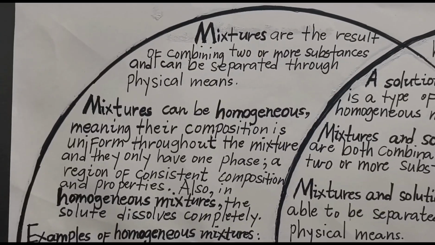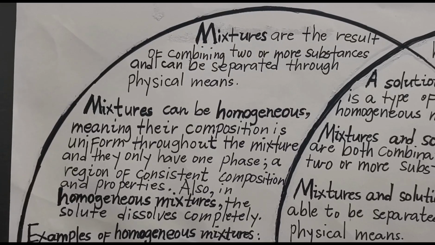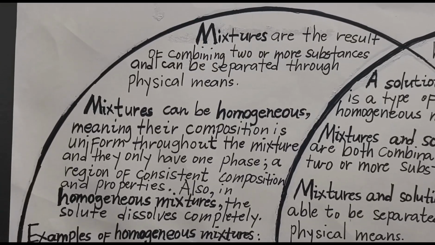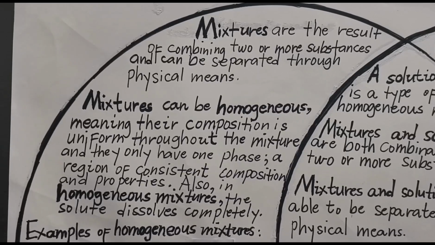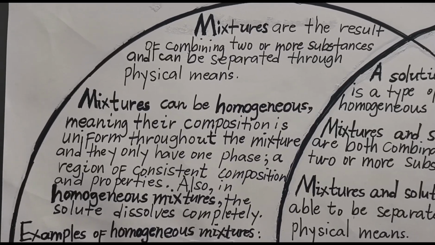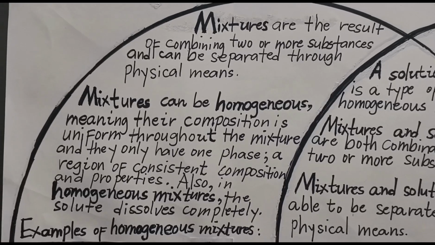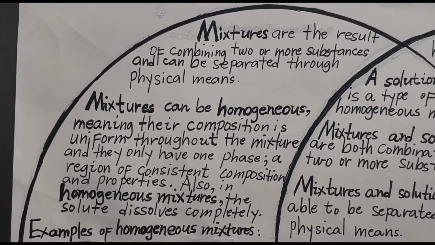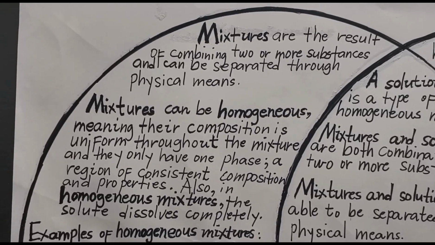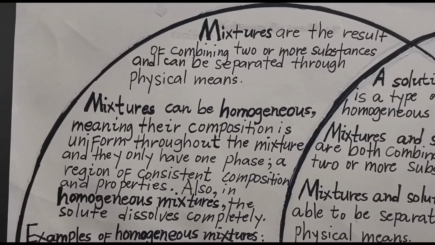So before we begin, let me ask you this question. What is a mixture? A mixture, as defined in my Venn diagram, is the result of combining two or more substances. A mixture can be separated through physical means, such as distillation, evaporation, sedimentation, and much more. Mixtures are further classified into two: